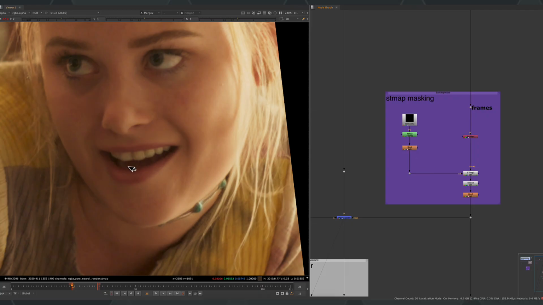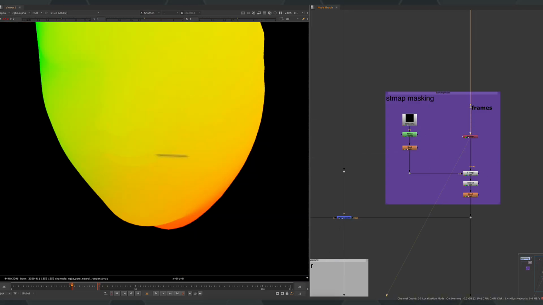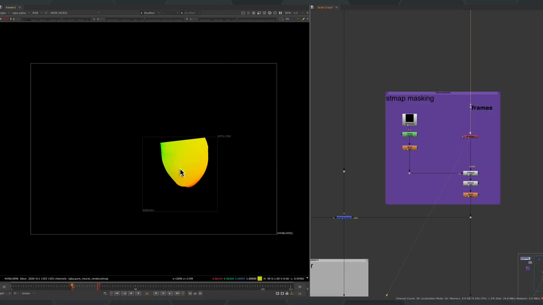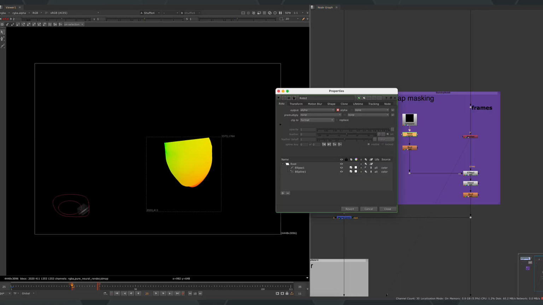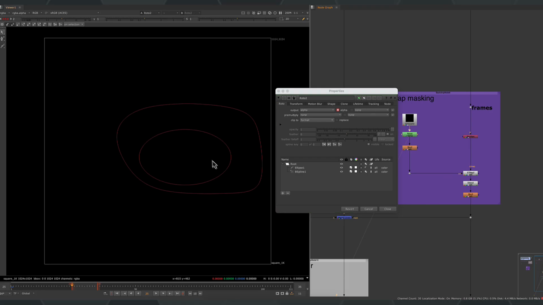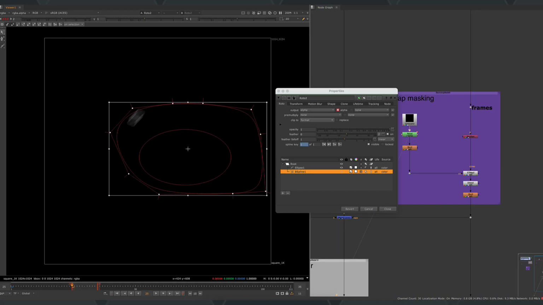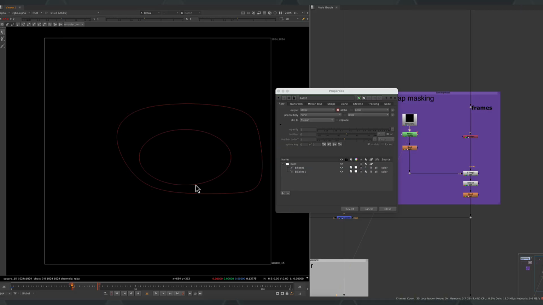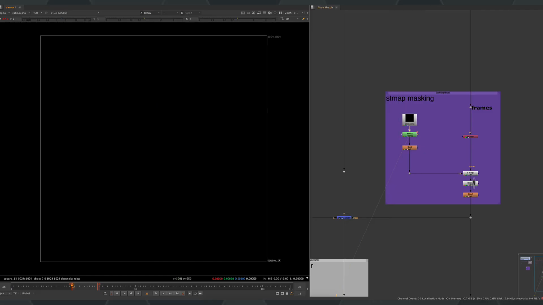So for some procedural masking for that, that's where we can use our ST map. So what we can do is just take a look at how we're using it here. So we're shuffling out that ST map here, drawing a mask down here in UV space. So again, this is on a square. I have this square here. This is kind of the area where I would like to include that skin detail, and then this here is just stenciling out that mouth area.